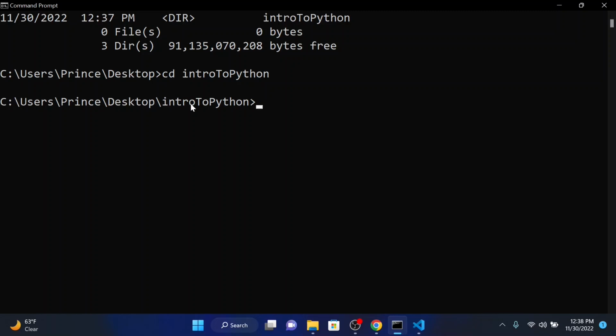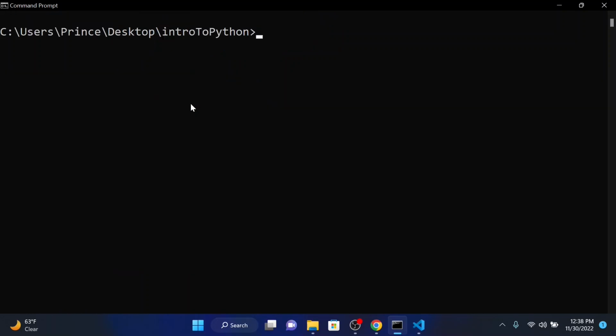So I'm going to clear the terminal. If you're on MacBook or on Linux, you're going to type in clear. But if you're on Windows, you just type in cls and just press enter. Clearing the terminal basically means it brings everything to the top and looks like a fresh terminal. That's basically what I mean.